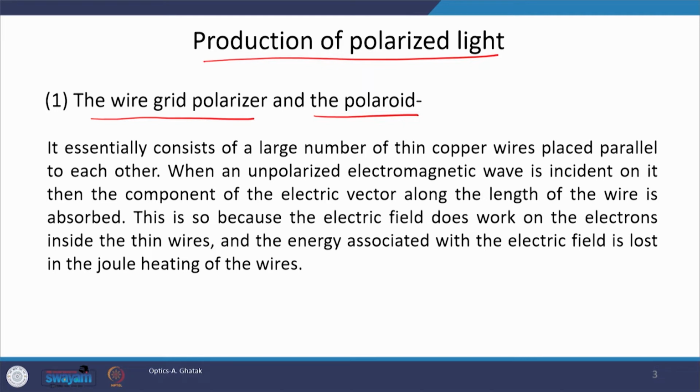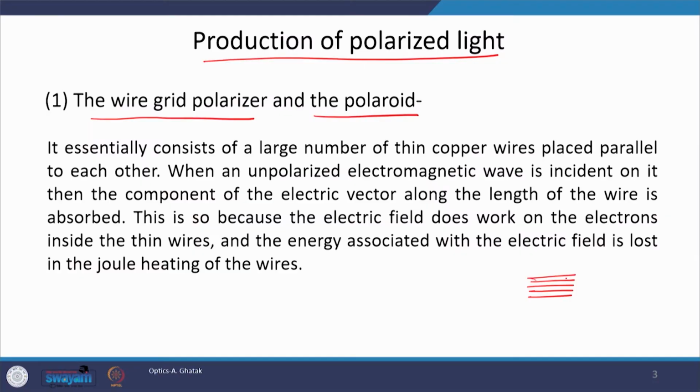Now, this wire grid polarizer essentially consists of a large number of thin wires, and these wires are placed parallel to each other. Suppose these are the wires which are very closely spaced. On these wires we launch an unpolarized light. Since unpolarized light impinges on the wires, the component of the field which is along the length of the wire will make the electrons oscillate,